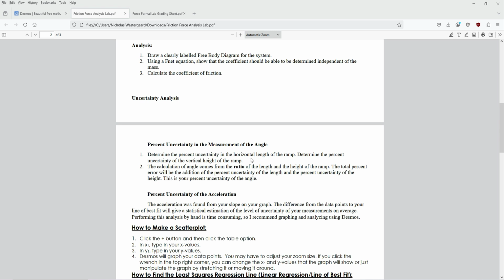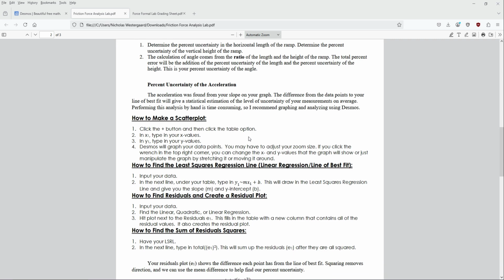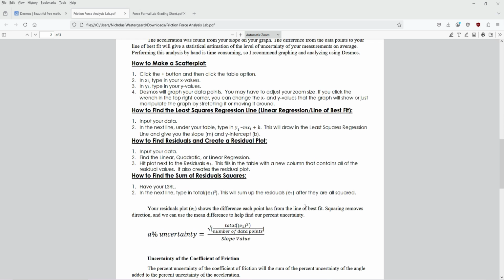And this uncertainty analysis, you will be able to see these instructions that I'm going over in a written format. So if you want to watch this video again, you can. But if you miss some things and you don't feel like going through the video again, you can just read the instructions right here. It goes through how to create the plot, how to get your best fit line, and how to create the functions that you're going to be taking